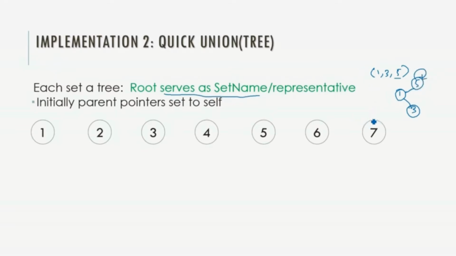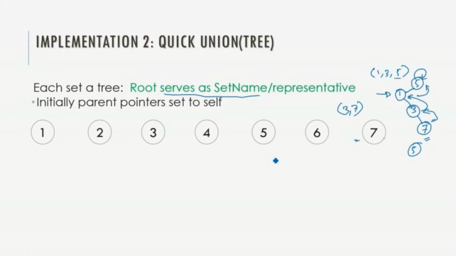For example, if we want to perform a union operation like 3, 7, now we will not change all other elements. We will add node 7 in this tree. So the operation will be performed between 3 and 7. When we need to find the representative of 7, we will follow the parent pointer. Following the parent pointer, we will finally reach the root node 5 and find the representative 5.